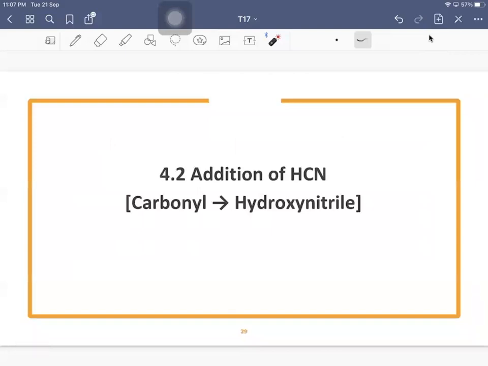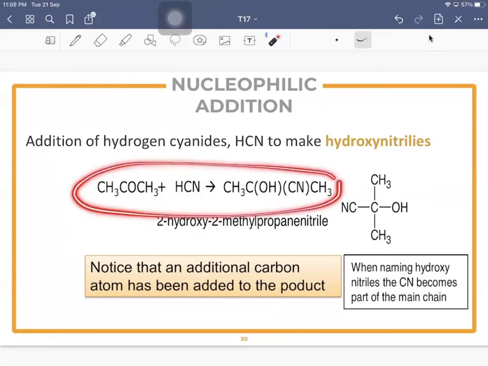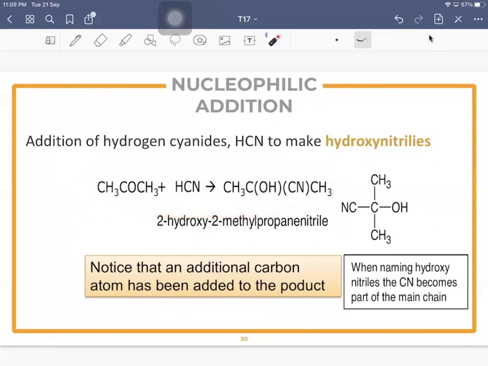Right, so we're going to look at the mechanism on how we can convert your carbonyls into your hydroxynitriles. Okay, so the example that we're going to use later on will be propanol. So this is the equation. This is the correct equation of propanol reacting with HCN to form a product called 2-hydroxy 2-methyl propane nitrile. Okay, so if you just copy this equation first on the top part of your page 6,